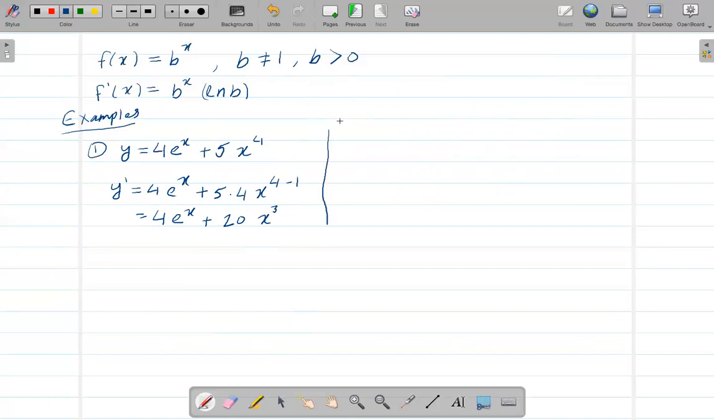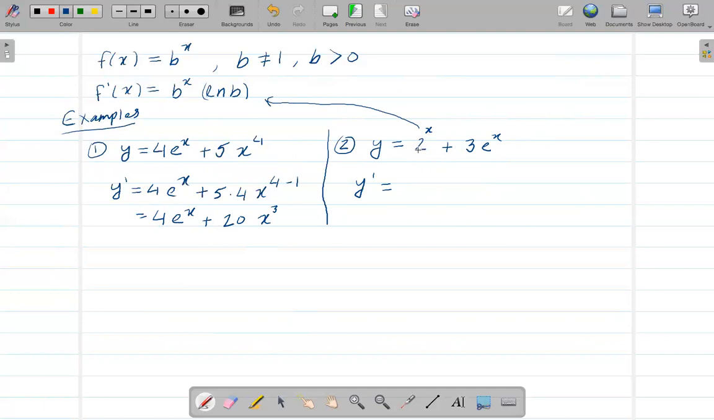Similarly, let's do another problem. We're going to take the derivative of y is equal to 2 to the power x plus 3 times e to the power x. All right, so on this one, now I want to take the derivative of this one. Now this is also an exponential function, right? Which is similar to this one. All right, so when you take the derivative of